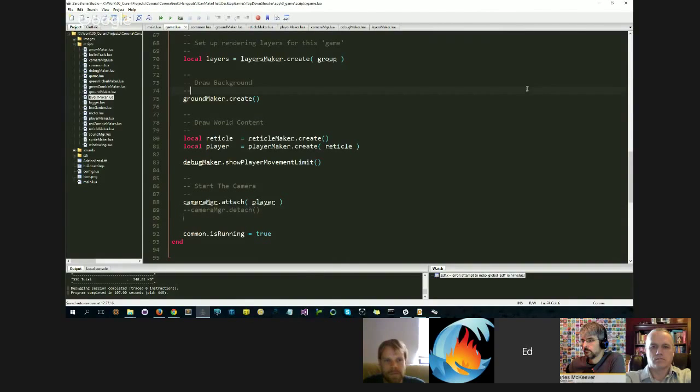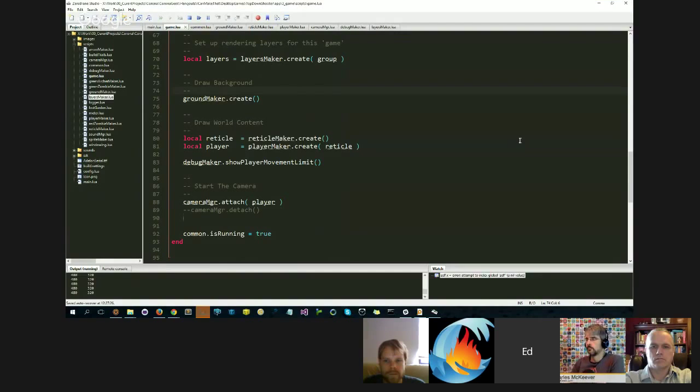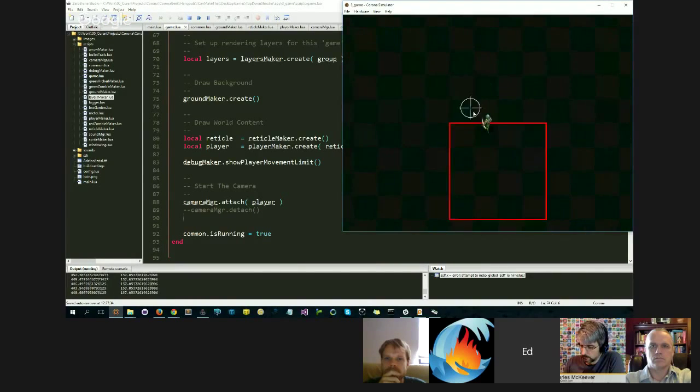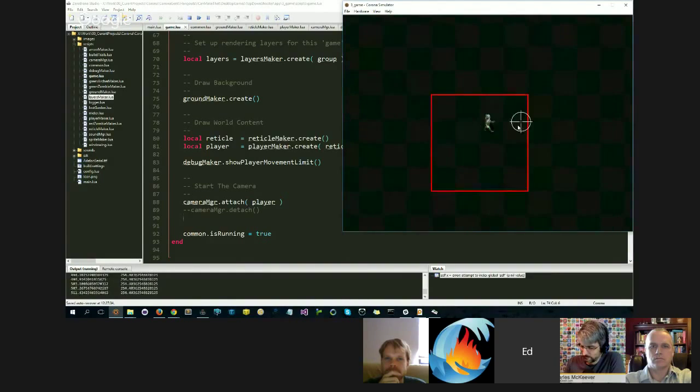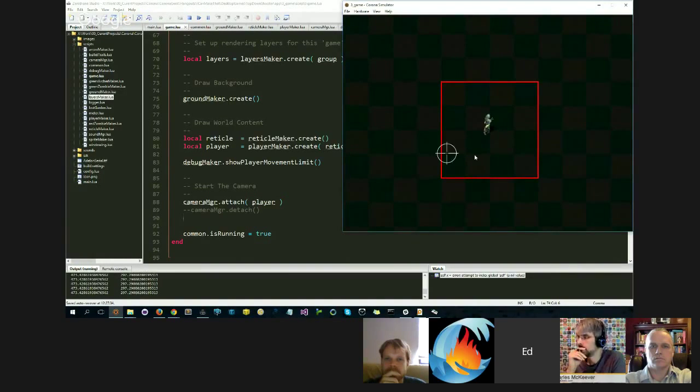At that point, if I start the game running, there it is, a little bit weird, sorry, still getting used to this. If I start the game running, there's my guy walking around, the camera is tracking him, everything looks cool. So that was the first part of what I wanted to show you. Now before